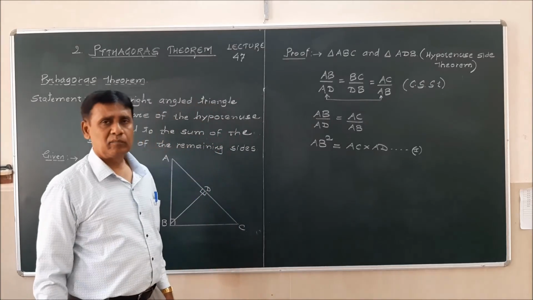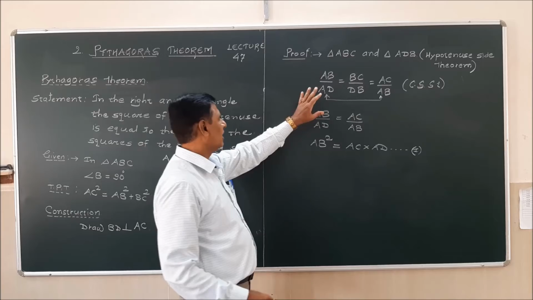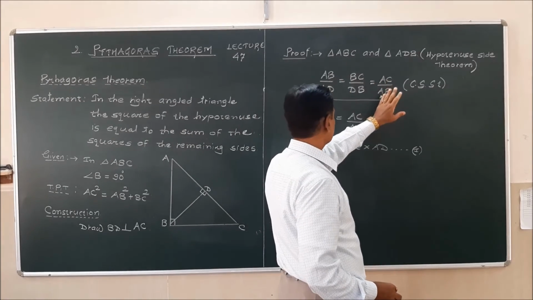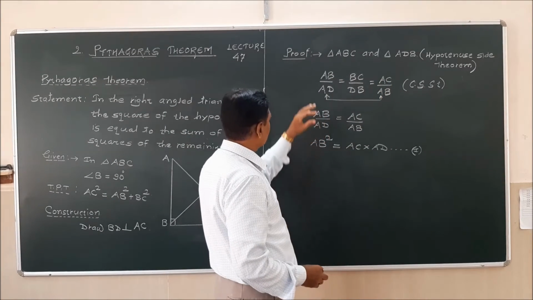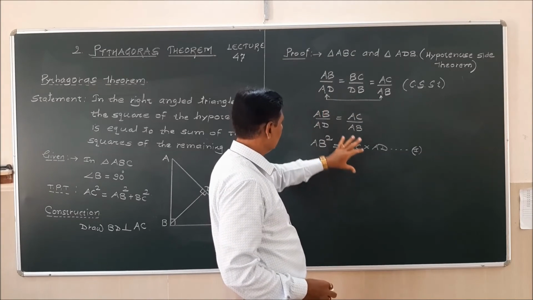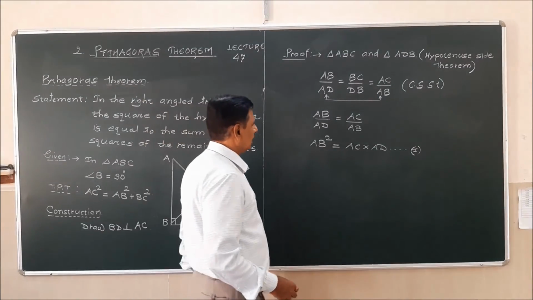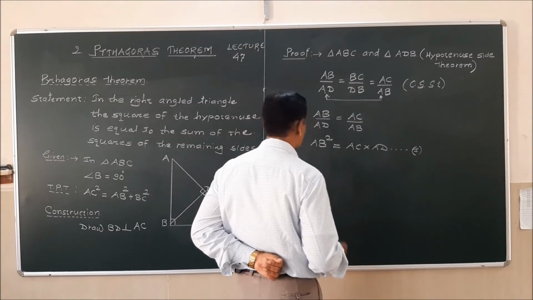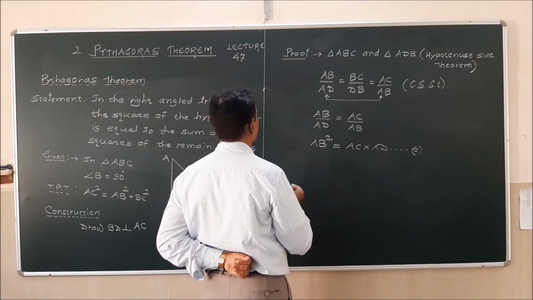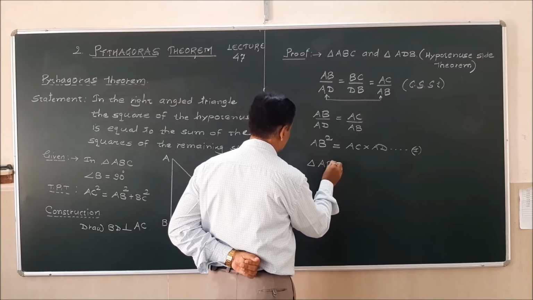This is our result number 1. Very simple. Because you will find if I equate the first and the last one, then you will surely get AB into AB, that is AB square, is equal to AB into AC. Clear? Then you will find likewise, in the same way, triangle ABC